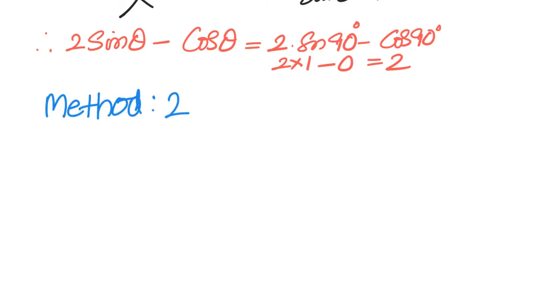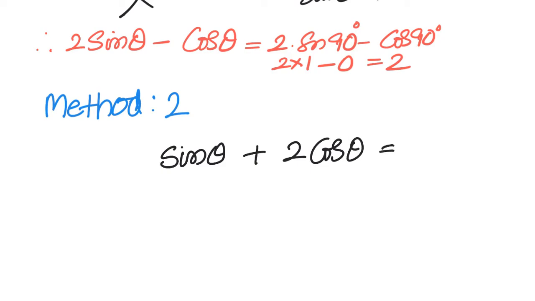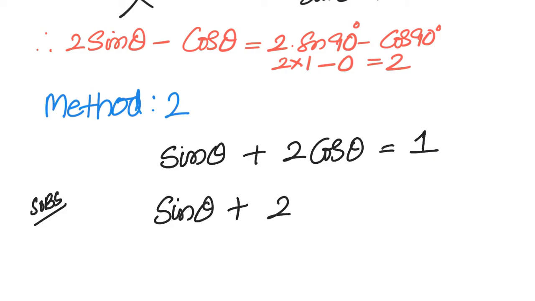There is another method in which we won't get into a quadratic equation. What we will do basically in this method is square it on both sides like earlier. Afterwards we will change sin square theta to cos square theta and cos square theta to sin square theta. Why are we doing that? If you observe sin theta plus 2 cos theta and 2 sin theta minus cos theta, you see that the coefficients are switched. 1, 2 became 2, minus 1. You can take care of that only when you square it and switch them from one to the other.